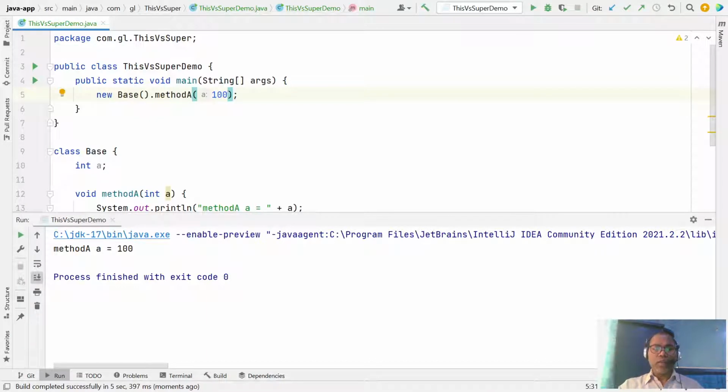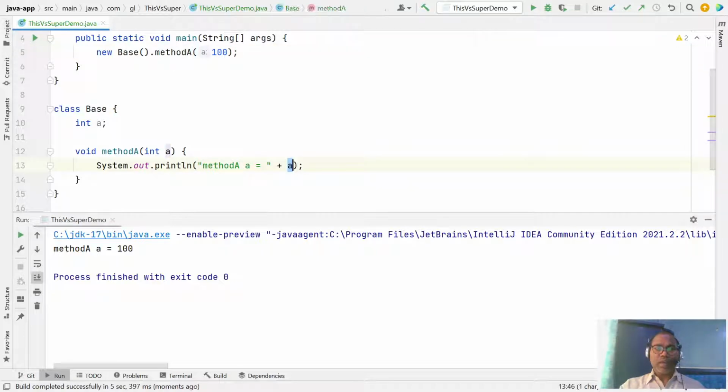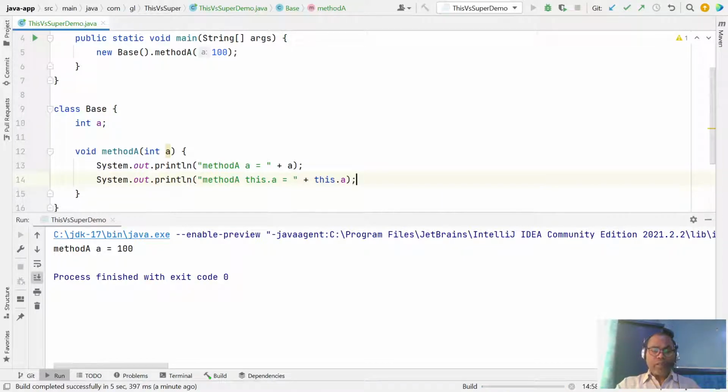So the question is, this a and that a, what are the differences? Which a are you printing here? For any instance variable, if you want to refer to it, just use the keyword this dot. This is used to access or refer to your instance variable.